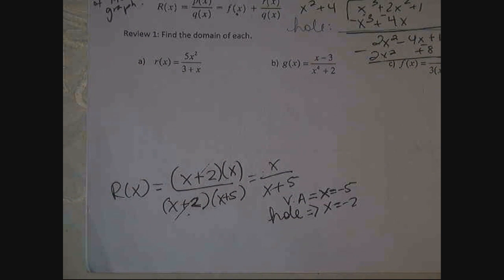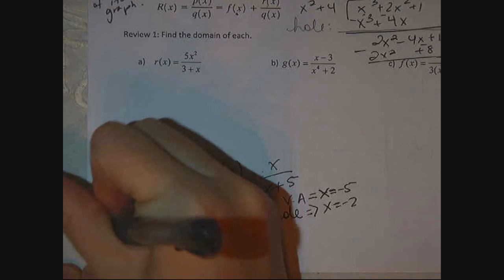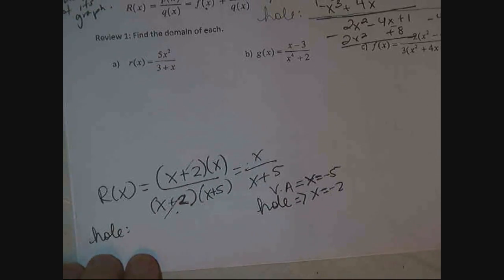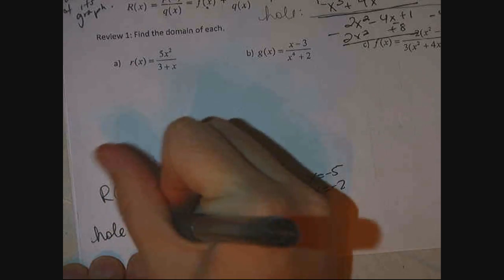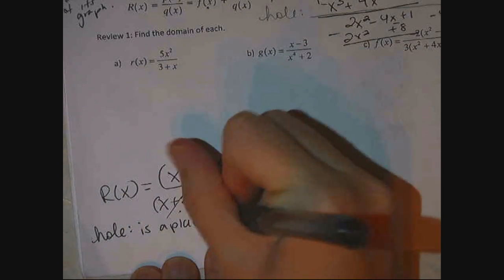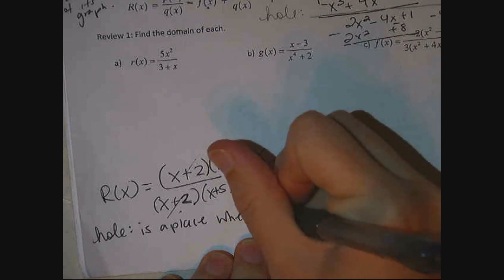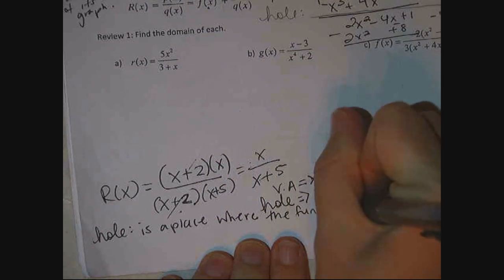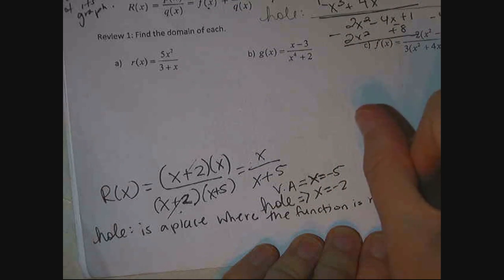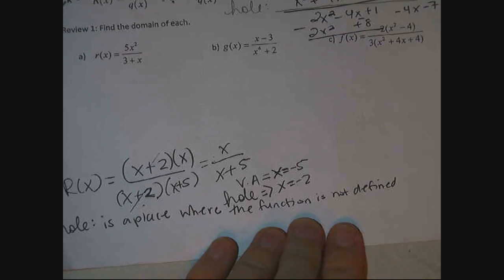But I kind of know where it's headed, because if I do simplify, I can see that it's going in the direction of negative 2 over 3. I know that technically it should head in that direction, it just can't ever touch that point, because in my original function it doesn't work that way. Whenever we see that this is happening, we call this a hole in our function. And if we define a hole, we would say that a hole in the graph is a place where the function is not defined